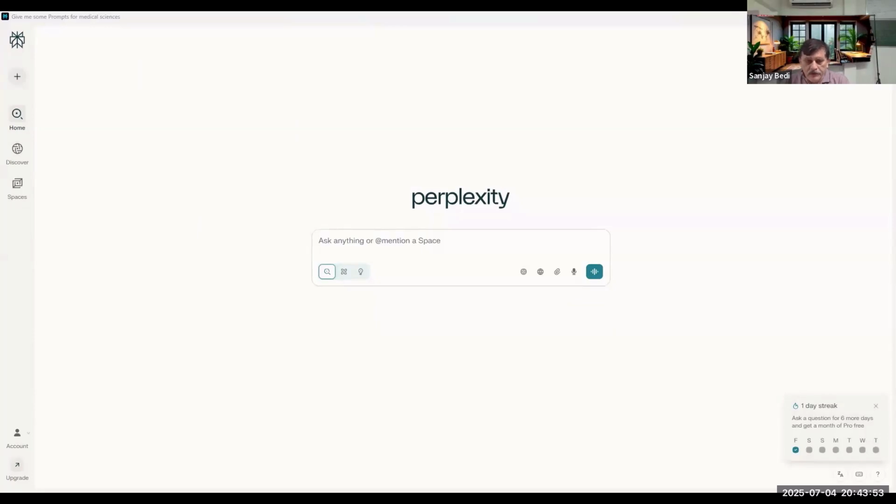Give a properly formatted PICO question to compare the effectiveness of cognitive behavioral therapy versus SSRIs in treatment of depression in adolescents, with remission at 12 weeks as the primary outcome. Then suggest appropriate search terms for each PICO element and explain which study design would best answer this question. So here we have all the four portions and the population, adolescent,